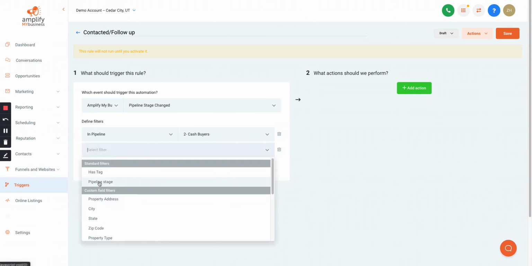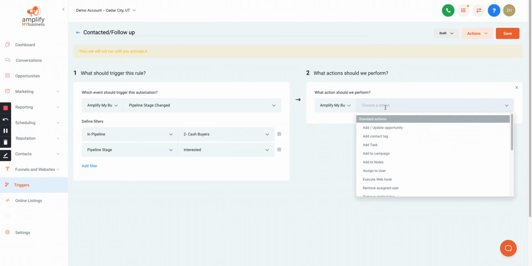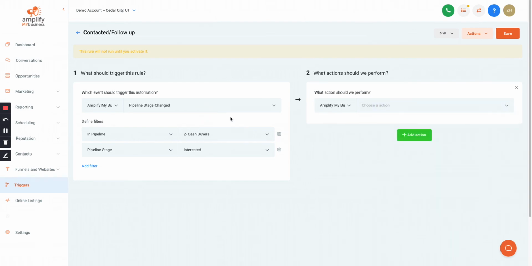And in the pipeline stage of cash buyers, I go to interested. Then I want it, meaning that anytime in this pipeline of cash buyers I move the lead to the interested stage in that pipeline,